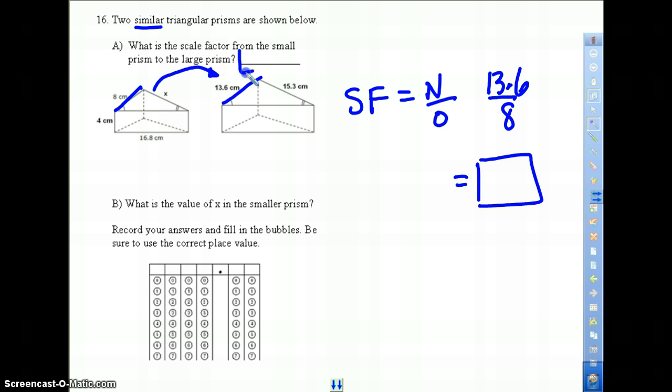That's the first thing I want. That answer goes here. And it says what's the value of x in the smaller prism? Just set up a proportion. 8 in the small corresponds to 13